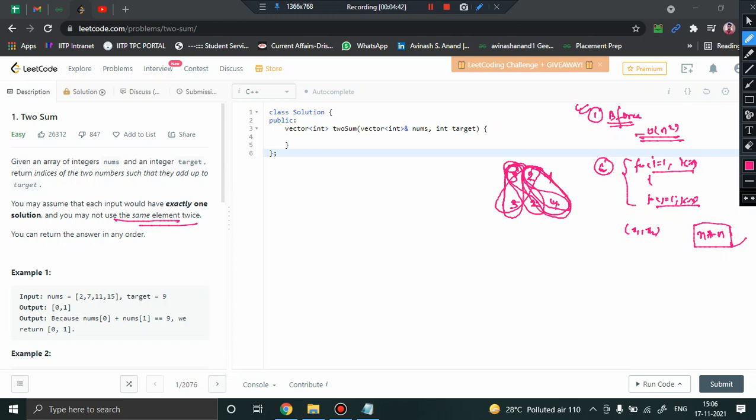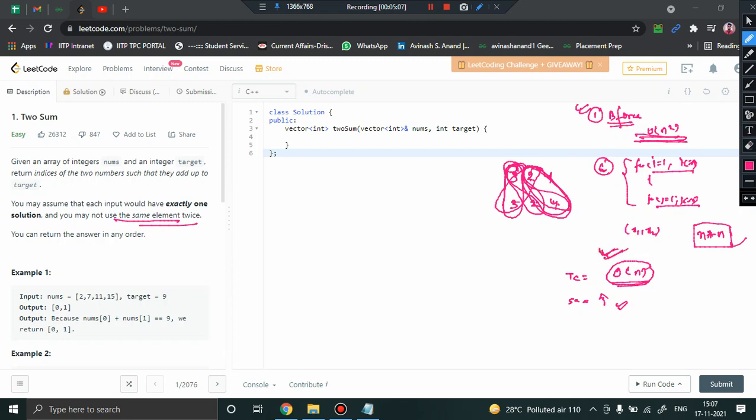Time complexity of this approach is order of n square. But our objective is to optimize it further to order of n solution, right? So we will basically try to solve this particular problem in order of n solution. That will be time complexity. But at the same time, we will find out that while decreasing the time complexity, we ended up increasing the space complexity little bit. You will see that. So let us try to come up with a solution of order of n.